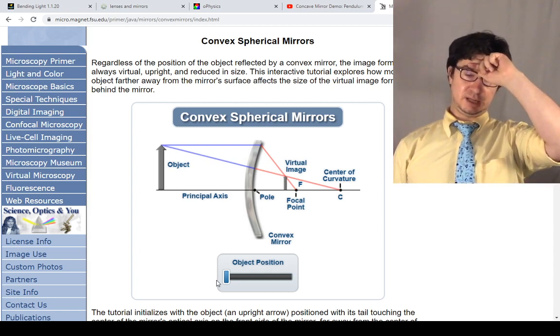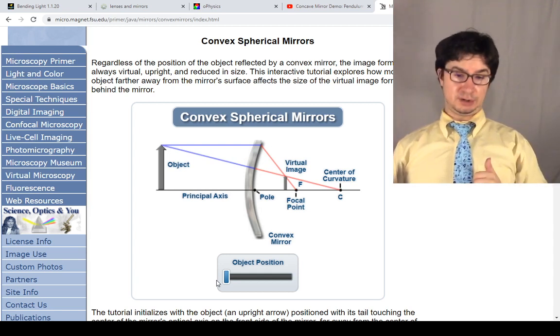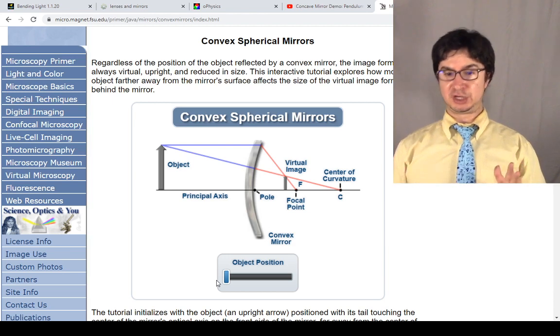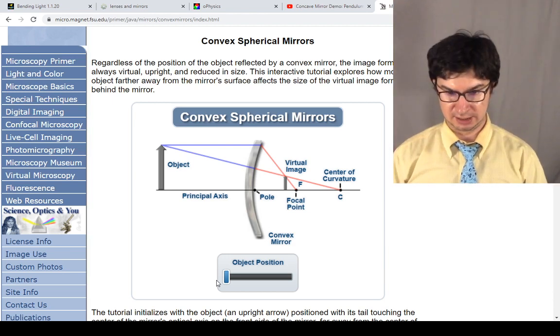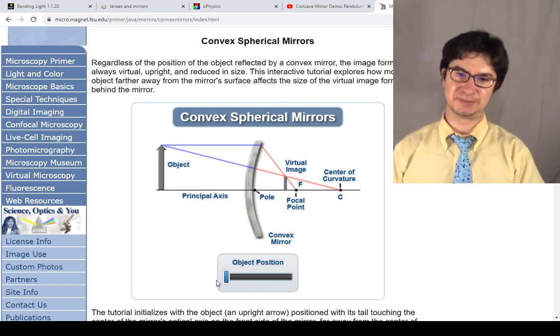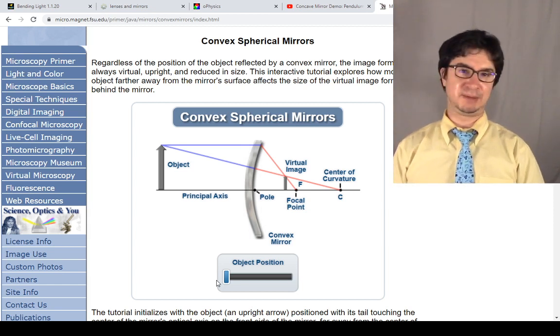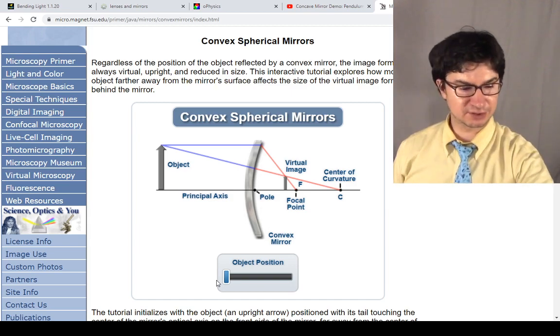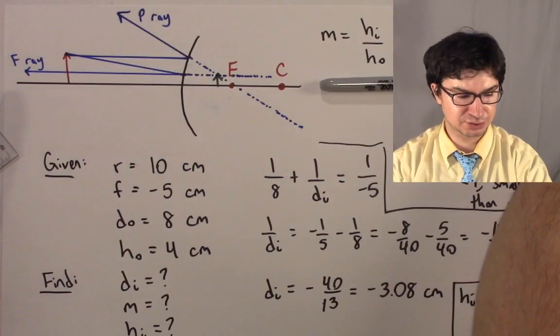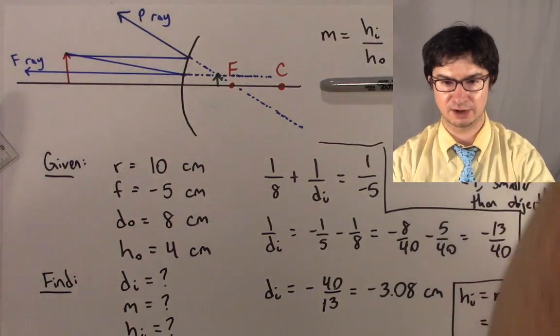So for example, your rear view mirrors on your cars may be convex mirrors because it might take something very large and make it smaller for you to see. And that's why you see on the mirrors sometimes it says objects in the mirror may be closer than they appear. All right, so that covers, if we go back to our notes really quick,